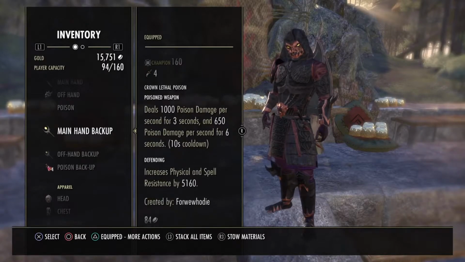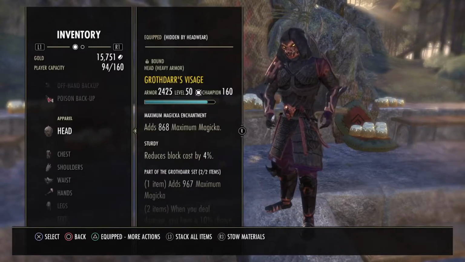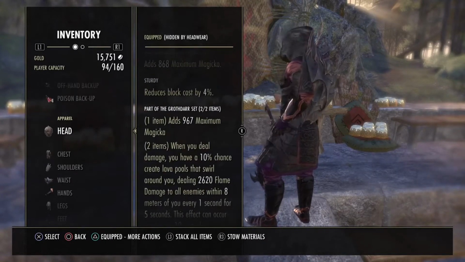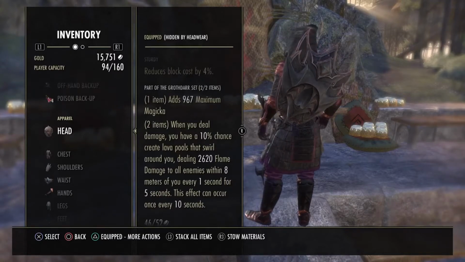Remember, defending is the best trait to have in the back bar. So that's that. Let's go ahead and go to the monster helmet, which is a Graftar. It is sturdy with a magic enchantment on here. Now, if you guys don't know what Graftar does, it's going to add a little bit of Magicka to your abilities. It's going to add max Magicka, and when you deal damage, you have a 10% chance to create lava pools